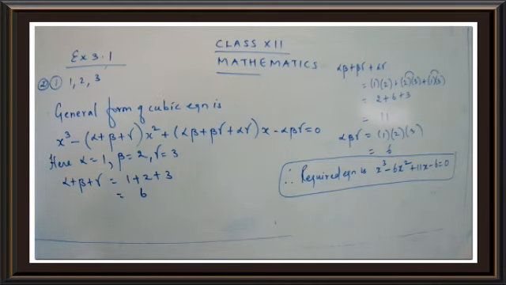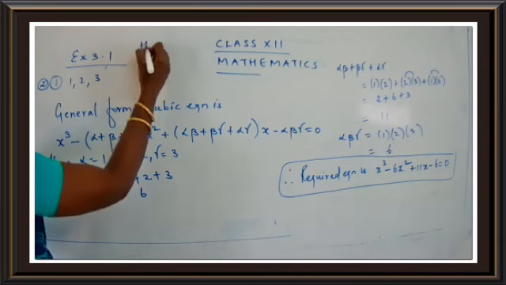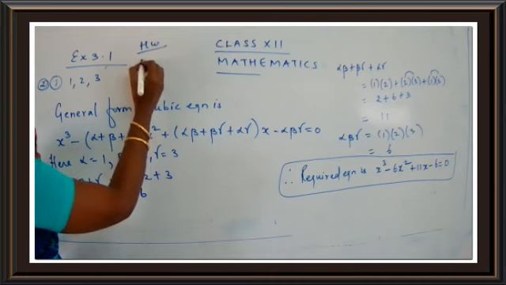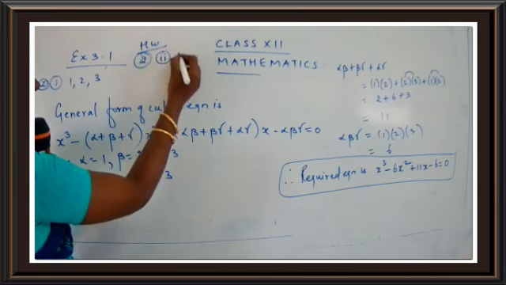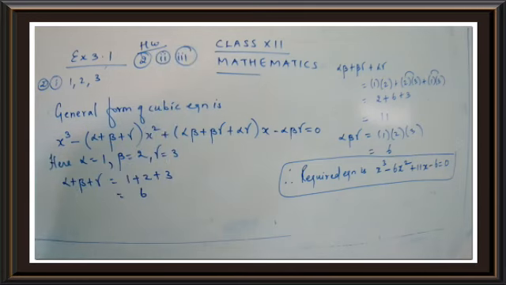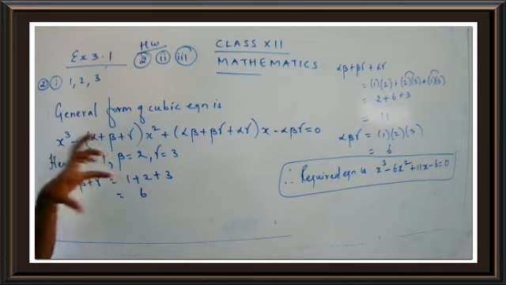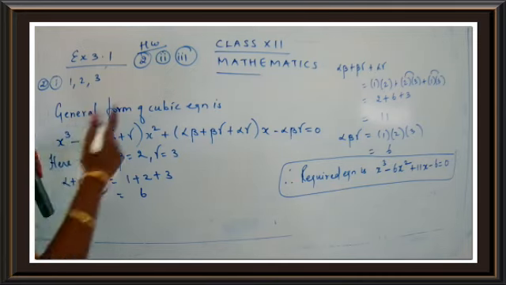Okay, good. Now let's come to our homework part. Today's homework is you have to complete the second and the third sum from question number 2. Question number 2, second subpart and the third subpart. Very simple thing. You can just complete these two. And the two points that we did today, that Vieta's formula, we have found the value for the sum of the roots. I want you to write it down again.